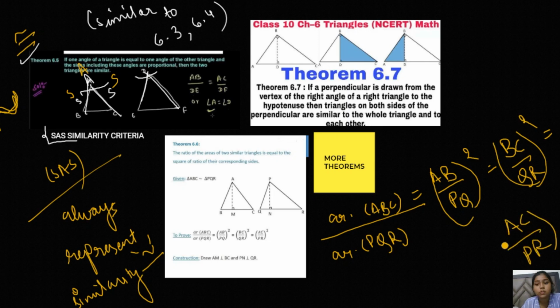Also pay attention to this: when we were studying the congruency rule in 9th standard, there was nothing like naming, but in this similarity criteria you must be very careful with the naming. If angle A is equal to angle P, and you write angle A first, then you have to write angle P first. If B is equal to Q, then you have to write B along with Q. If C is equal to R, then you have to write it like PQR.